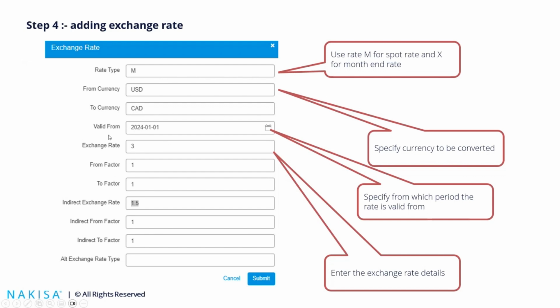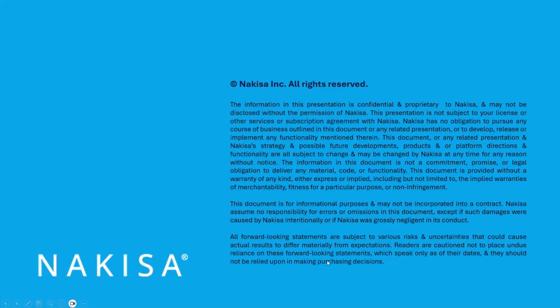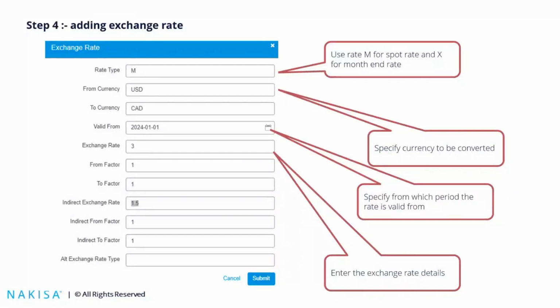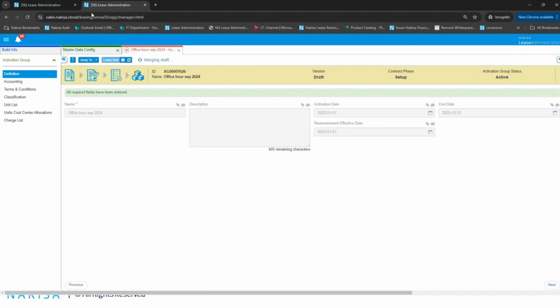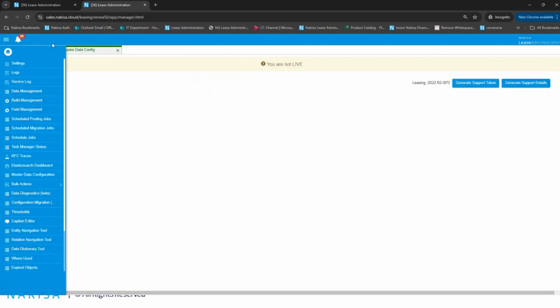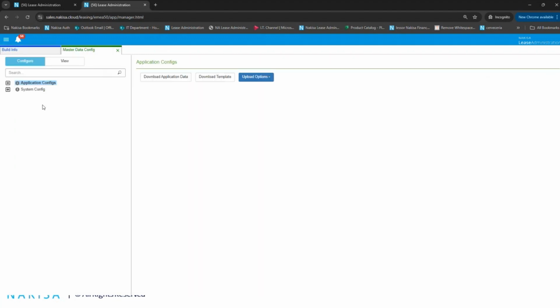And we can specify the period from which the rate will be valid, and then enter the exchange rate detail and submit. Let's see that in the system. So here we have the manager page. I can go to master data configuration, and here I can go to system configuration and select